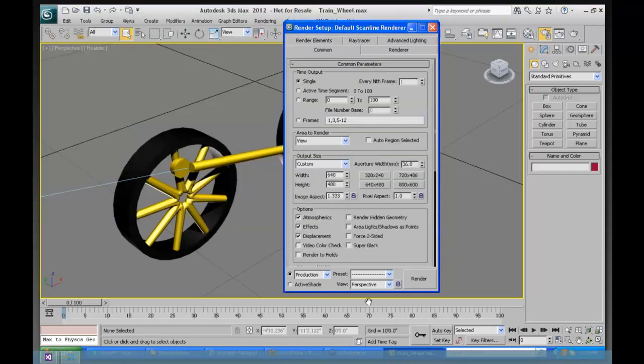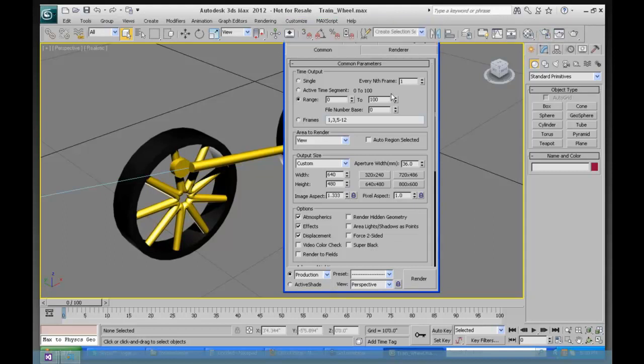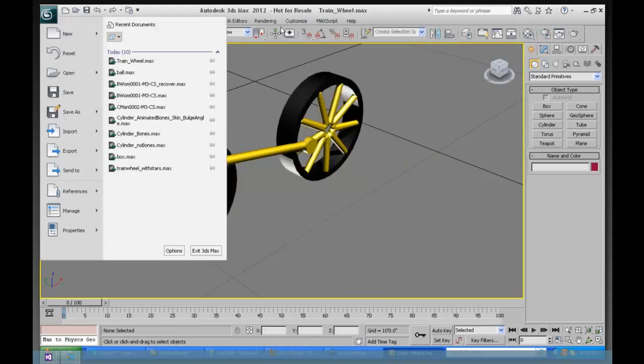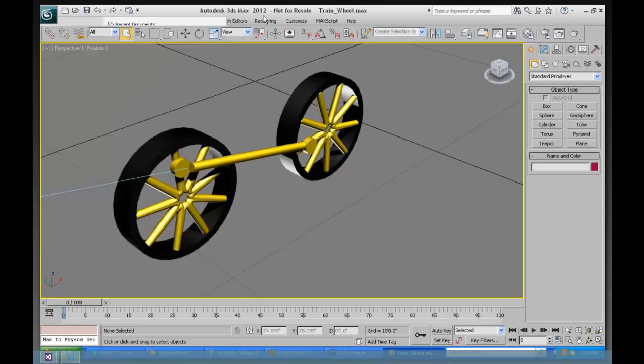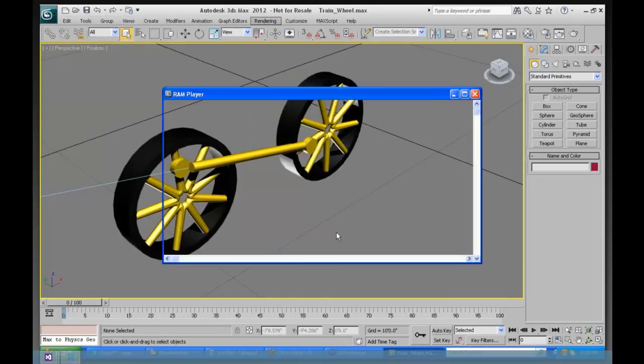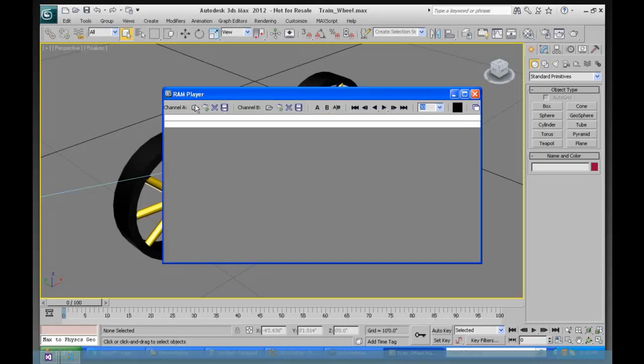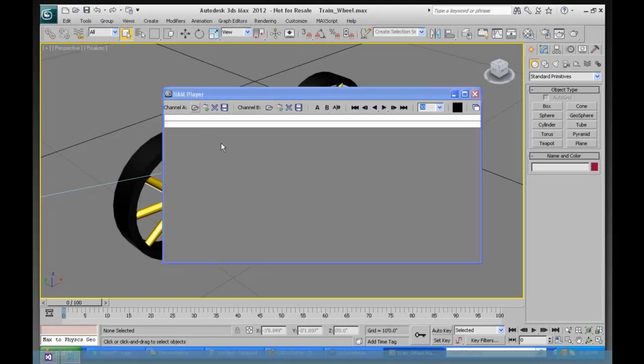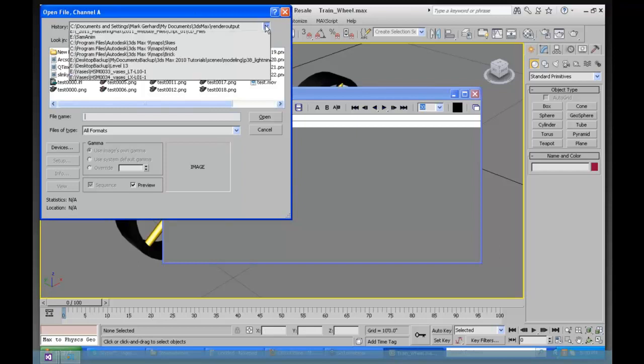And as long as my system is set to range, then when I click render, I will get a sequence of files. Then, after I get the sequence of files, I can go to the RAM player. On the RAM player, I'm going to load up some files that I did for a